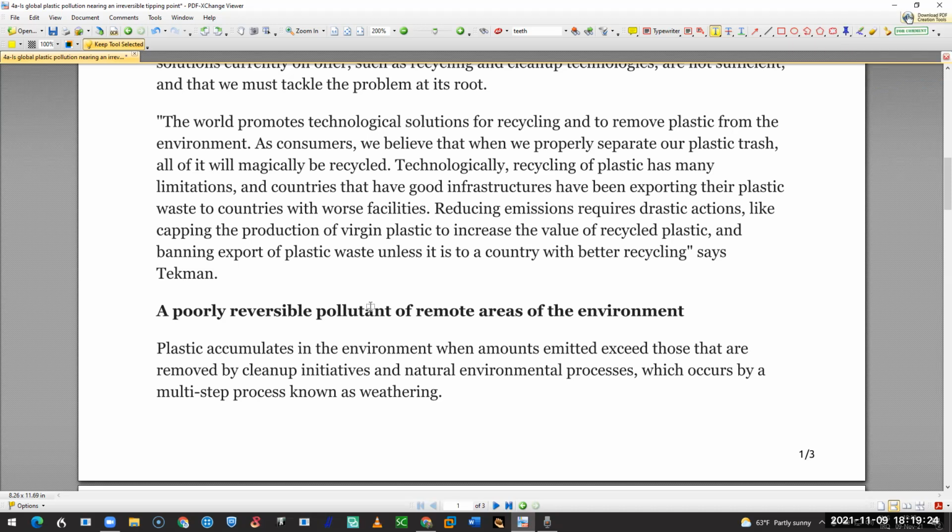It seems like mostly developed countries export their plastic waste to developing countries rather than recycle it themselves. Why do you think they are doing this? Because I think the cost is an important factor here. Last week we talked about how it can be cheaper in other countries, especially in developing countries, to start up a business. So I think, to tell you the truth, frankly, they don't want to